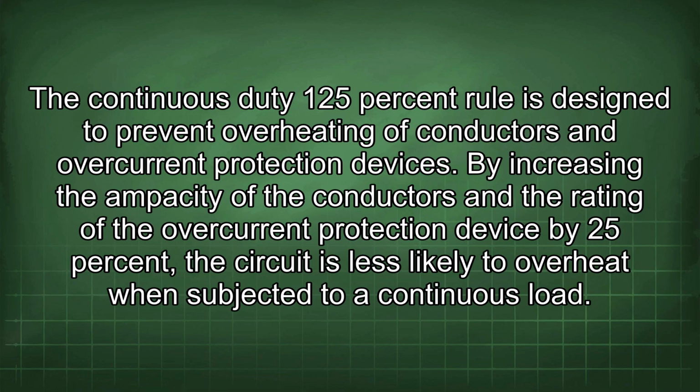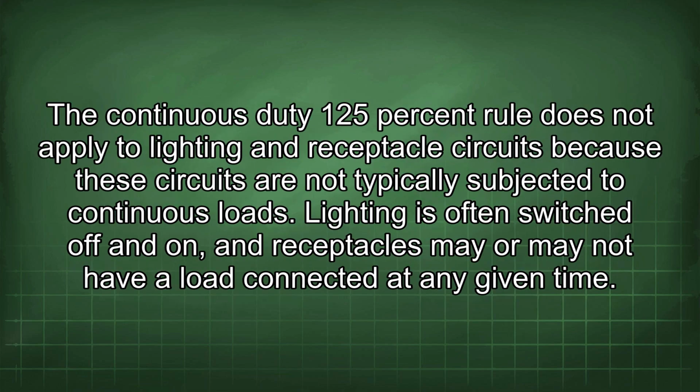The continuous duty 125% rule is designed to prevent overheating of conductors and overcurrent protection devices. By increasing the ampacity of the conductors and the rating of the overcurrent protection device by 25%, the circuit is less likely to overheat when subjected to a continuous load. The continuous duty 125% rule does not apply to lighting and receptacle circuits because these circuits are not typically subjected to continuous loads. Lighting is often switched off and on, and receptacles may or may not have a load connected